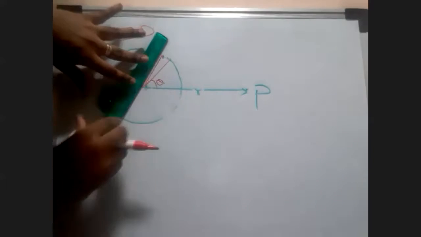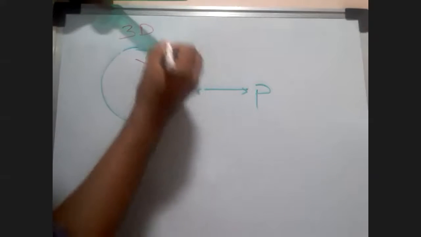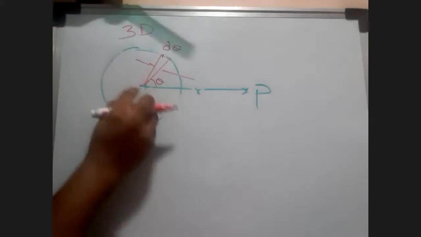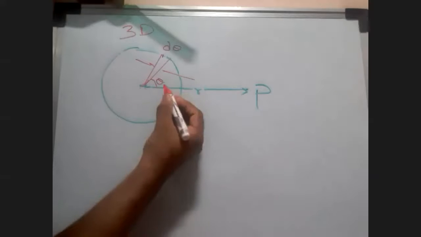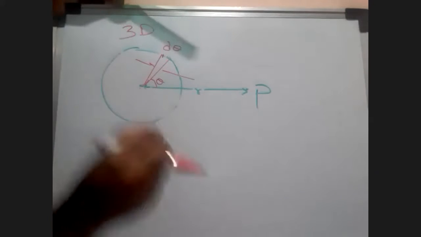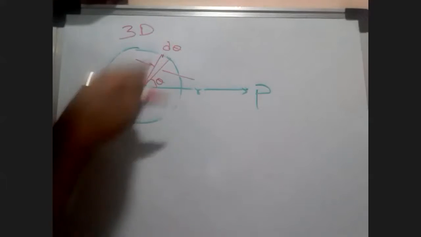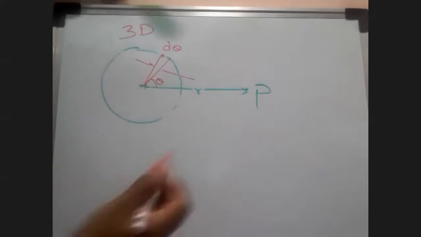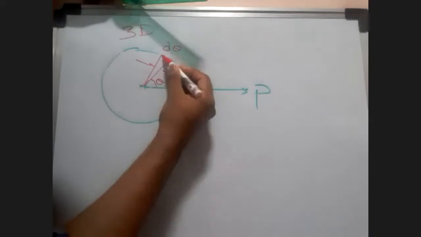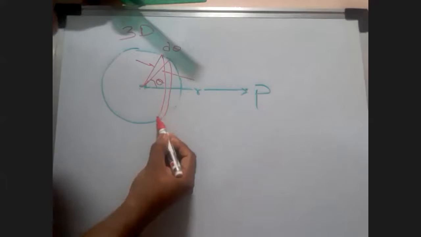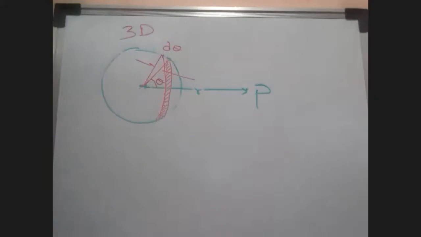Yes, it will make a small d theta, so I'll write here d theta. The small amount of charge over here is going to make an angle theta with the x-axis. But that small amount of charge will have a certain thickness, and that thickness is going to subtend an angle over here, which will be around d theta. Now, if you consider this point, take one slice over here, another slice over here. This is going to be a 3-dimensional ring.